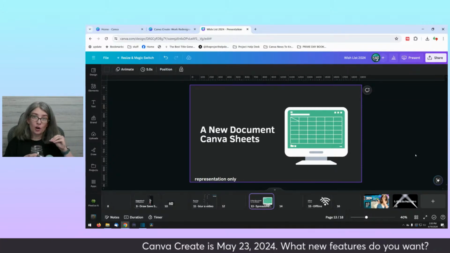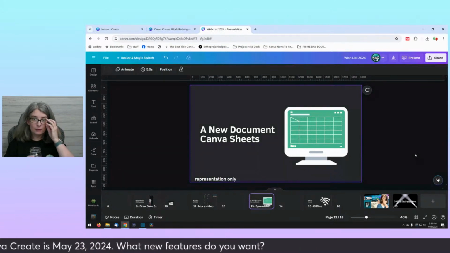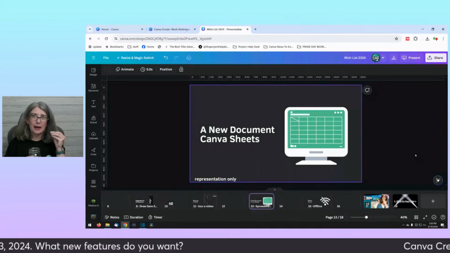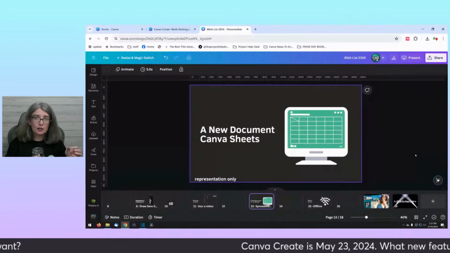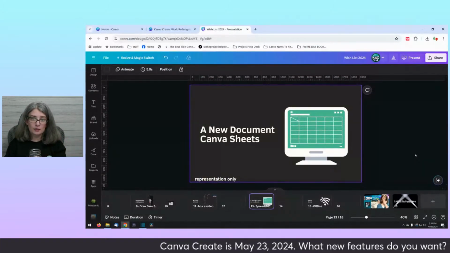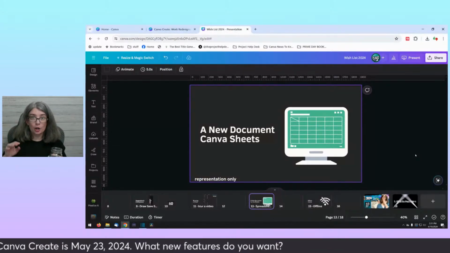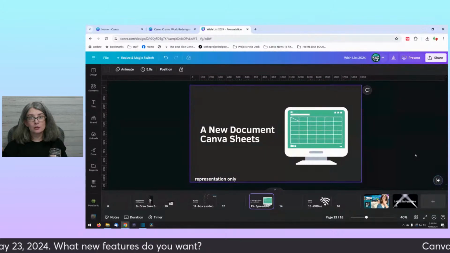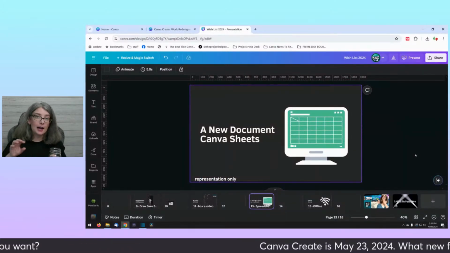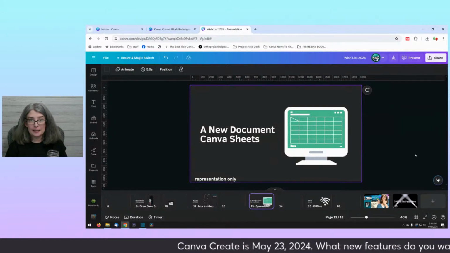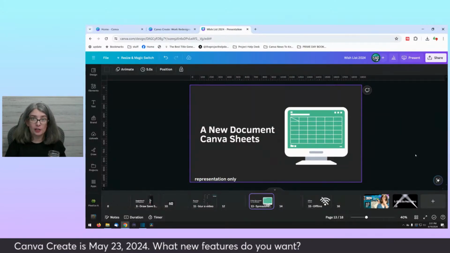However, I've said for a couple years now, well, I think mainly about a year, maybe a year and a half, that Canva created Canva Docs as a Word or Google Doc alternative. They should create a Canva Sheets as an Excel or Google Sheets alternative.